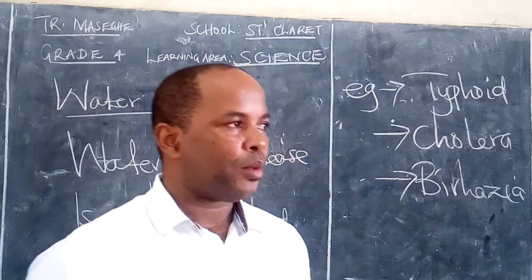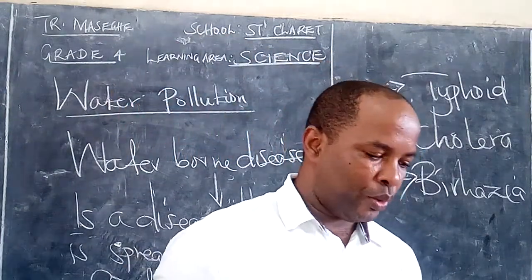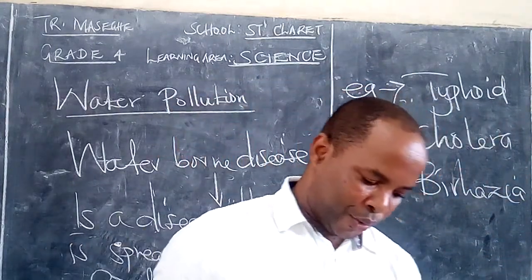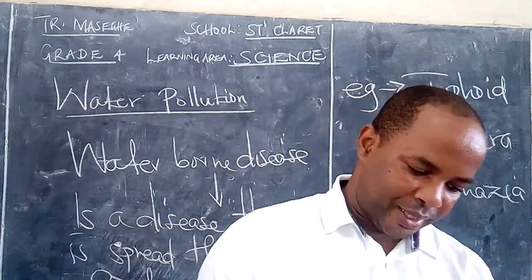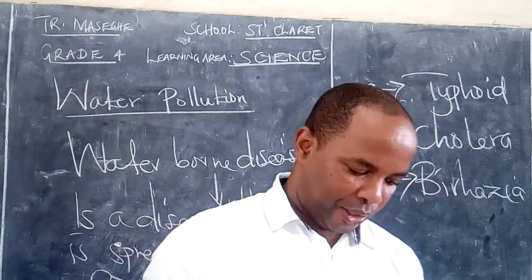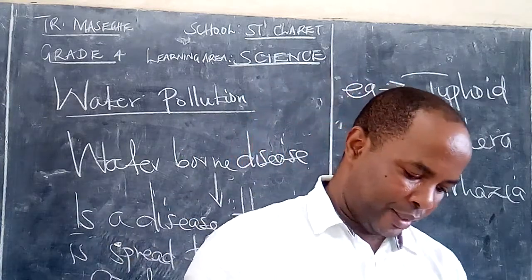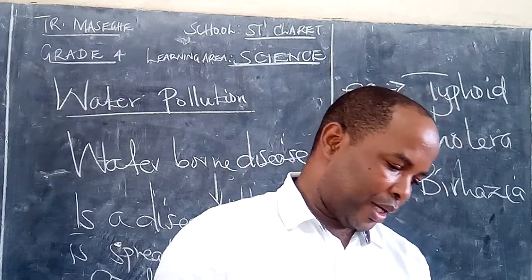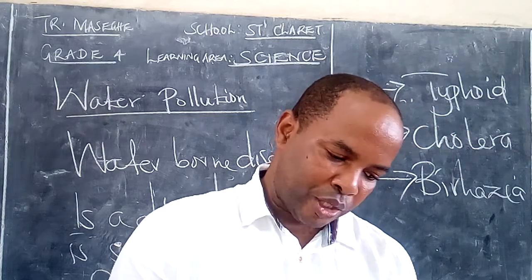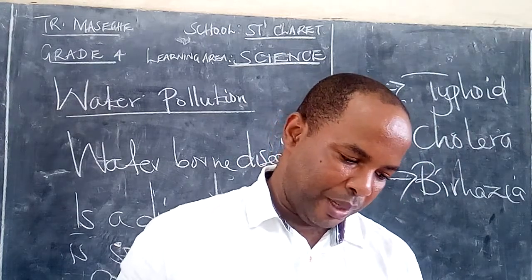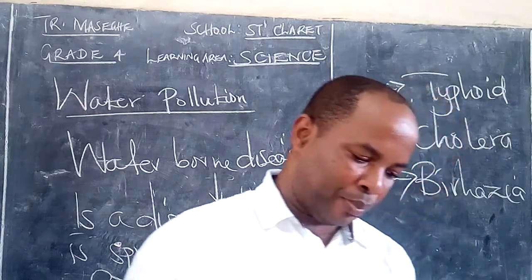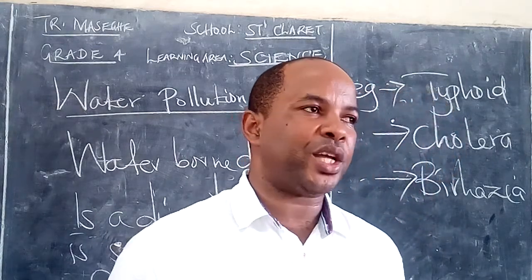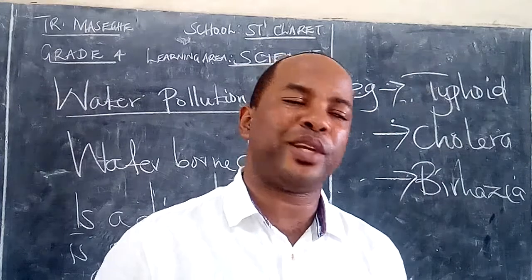Therefore, up to there, Lana, I think we have been able to finish our topic for today. But before I go, I would like you to go to page 59 of our science books, KLB Visionary Science and Technology. Look at those pictures, and if we were in school, we could have explained very well. We are told to work in pairs and study the pictures shown below. You look at the picture and you see some of the effects I've talked about.